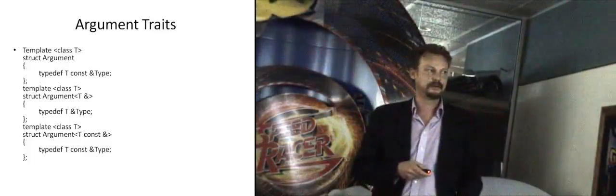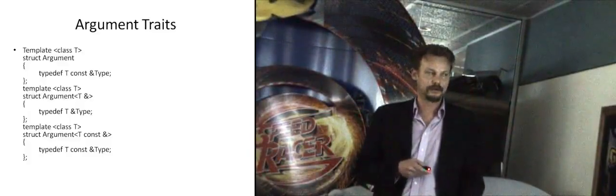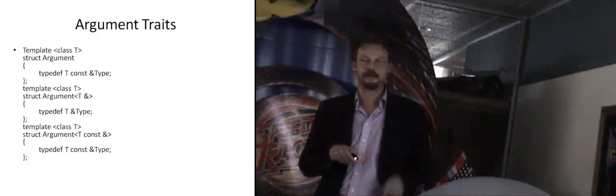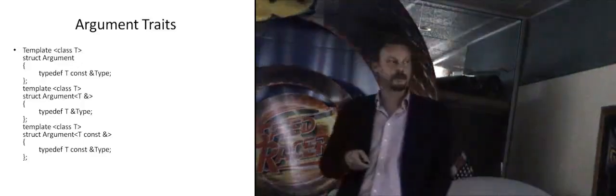If you're going to do a vector of references, then you'd have to do something like this, where you say here's an argument, and you want to know the type of thing. What sort of type should I use if I was going to pass this as an argument to something? In the default case, which is this first case, given a type T, you should pass it as a const reference. So you say argument of int, well, int's not a good example because you should pass ints as ints and not as const references. But for argument of a foo, you should always pass foo as a const foo reference.